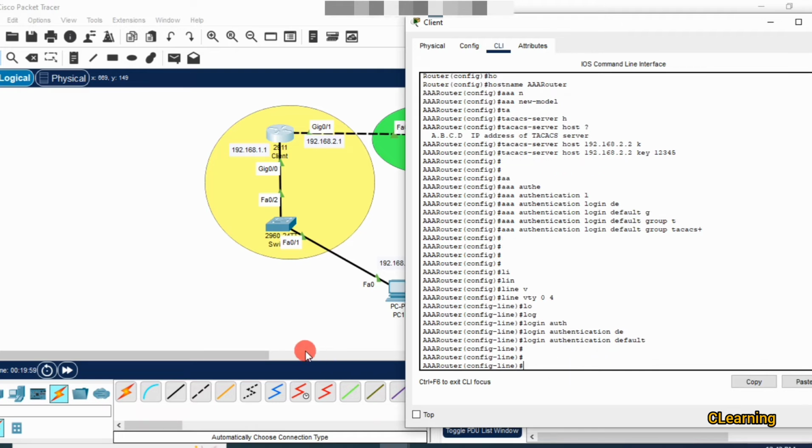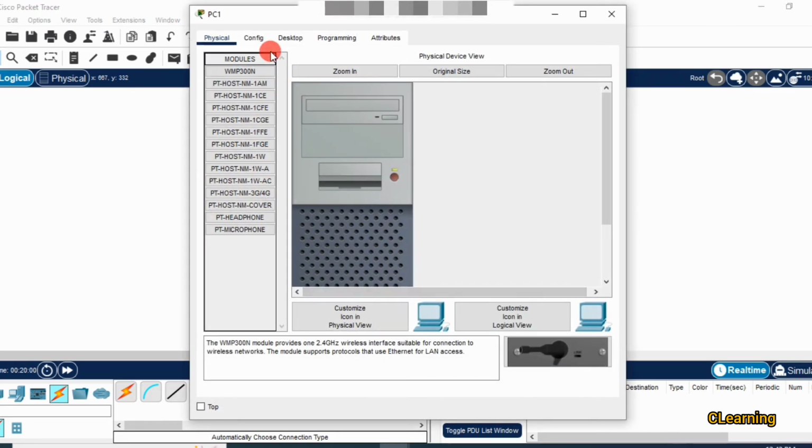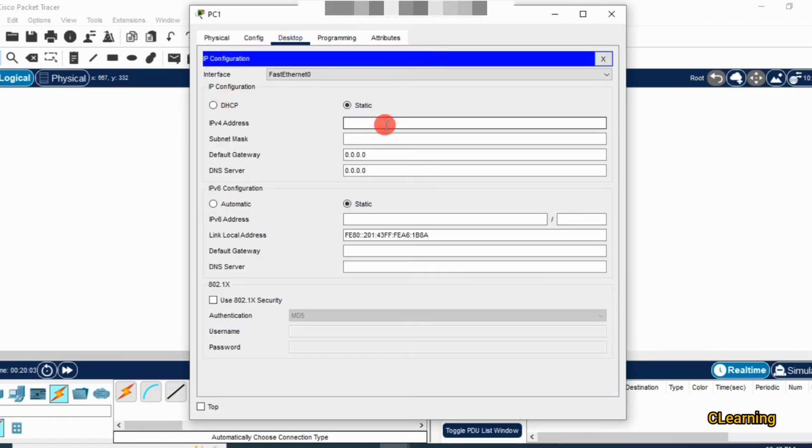Now we go to this device and give the IP address to this device. For this device, 192.168.1.2 and the gateway is 192.168.1.1. Okay, so this is the gateway. So now we go into